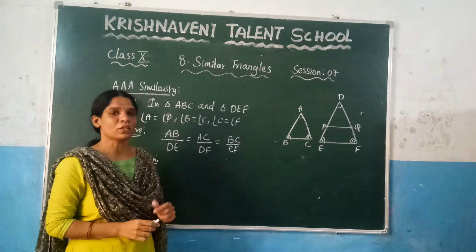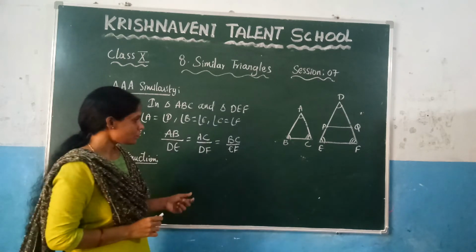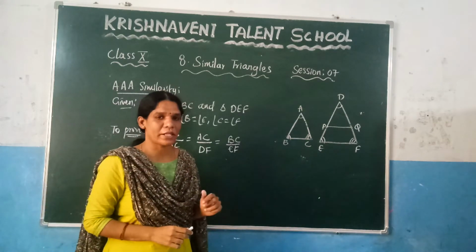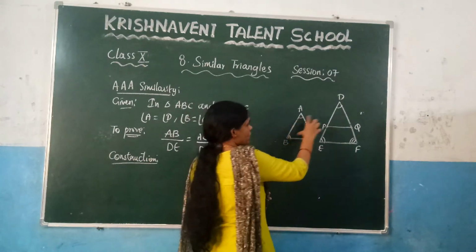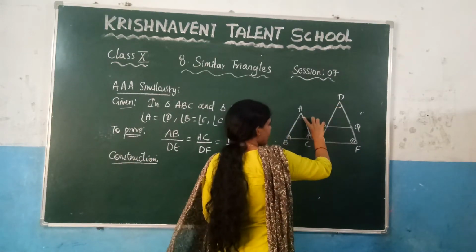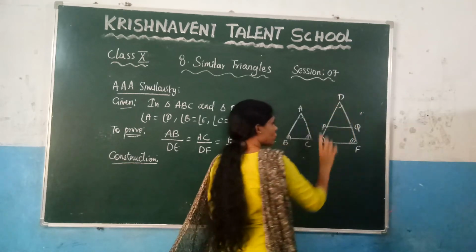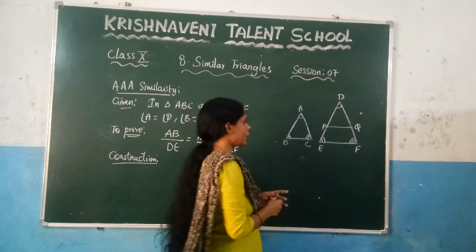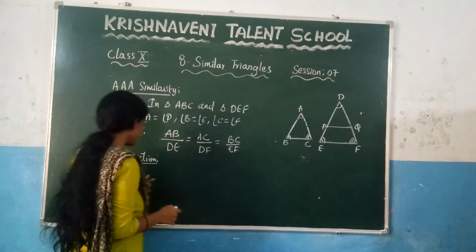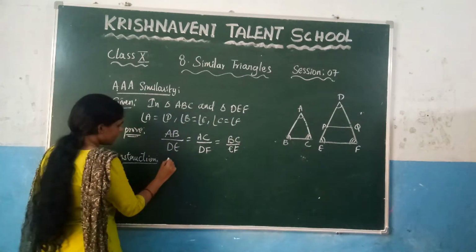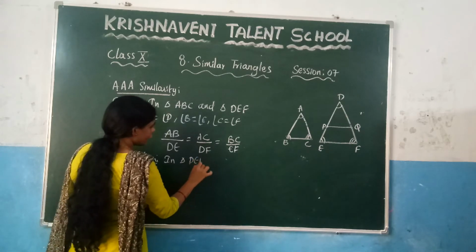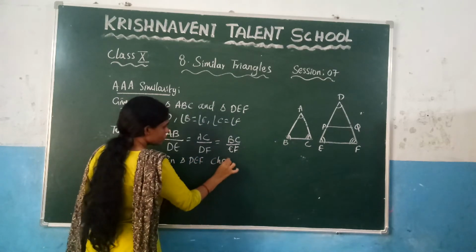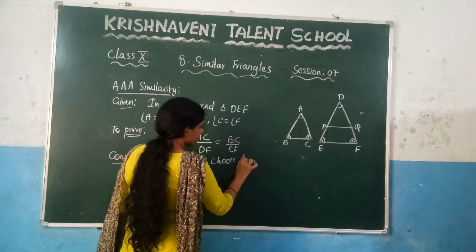For that reason, what we are doing here, we are taking 2 points on the bigger triangle such that the length of AB must be equal to the length of DP and the length of AC must be equal to the length of DQ, such that we are taking some construction. So write it here, what is the construction in triangle DEF? Choose 2 points